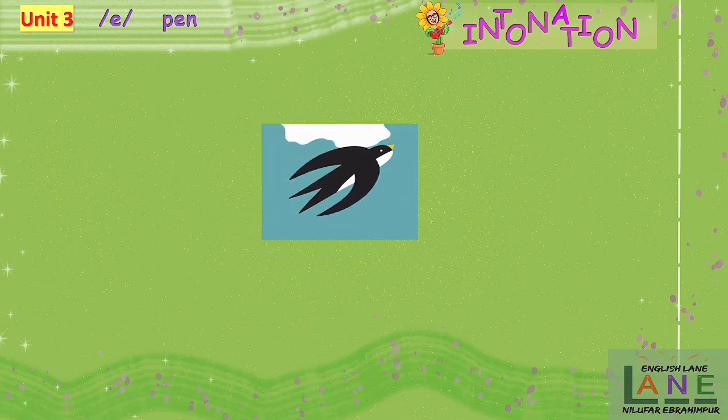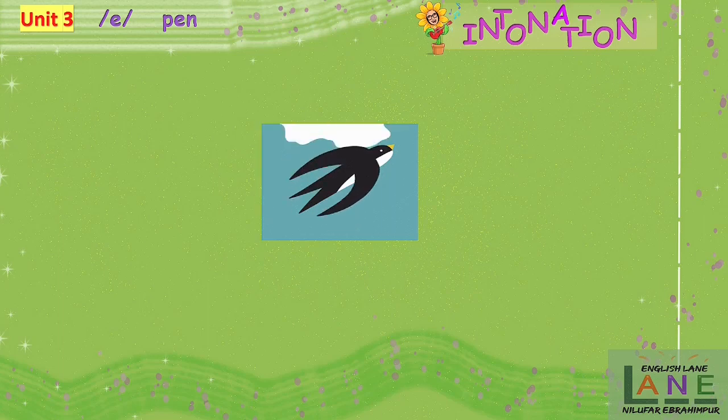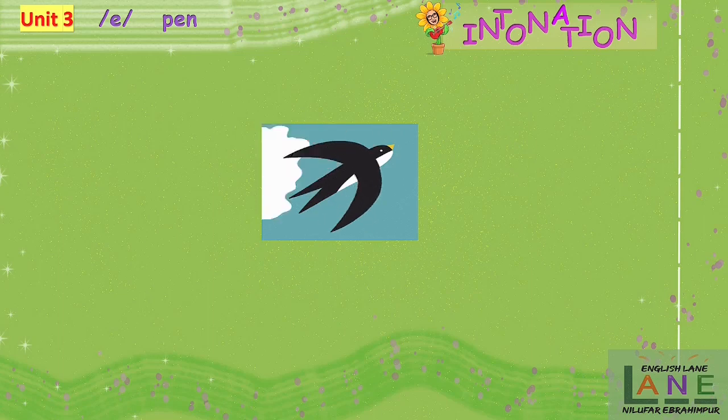And you can express your feelings and your attitudes with intonation. So, generally, a very, very important and ignored part of pronunciation skill. But look at this picture. I know it reminds you of rising intonation. When you use rising intonation, just imagine this bird moving up to the sky very fast. And this helps you feel what you want to say. And it, of course, affects the way you speak, because you think it, you feel it, and it affects your